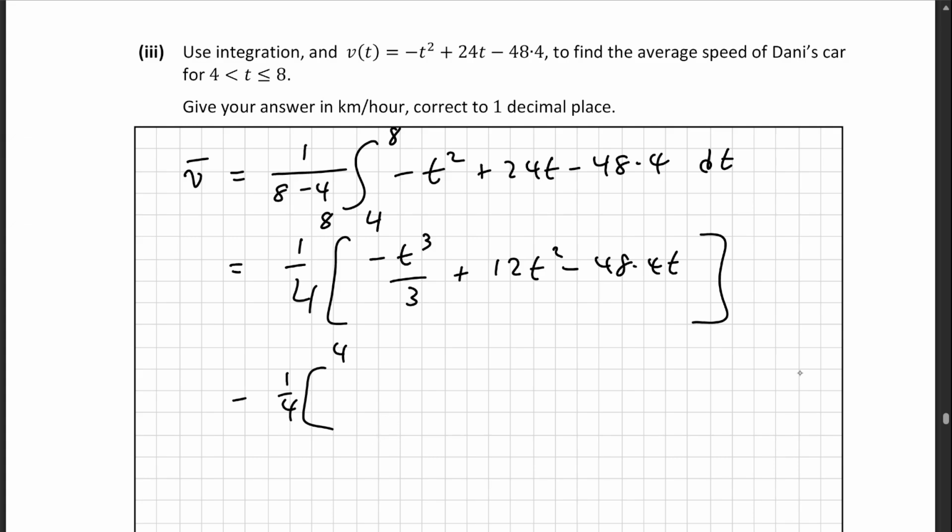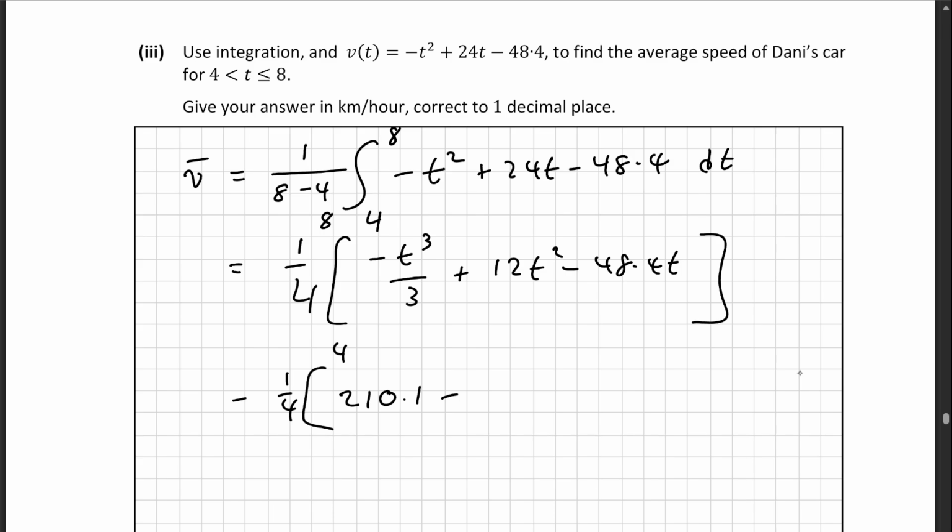So I'm just going to sub these in. So t equal to 8 minus answer cubed on 3 plus 12 answer squared minus 48.4 answer. Actually hating my calculator so much right now. So it's going to be 210.13. Well, it says to one decimal place, so 210.1